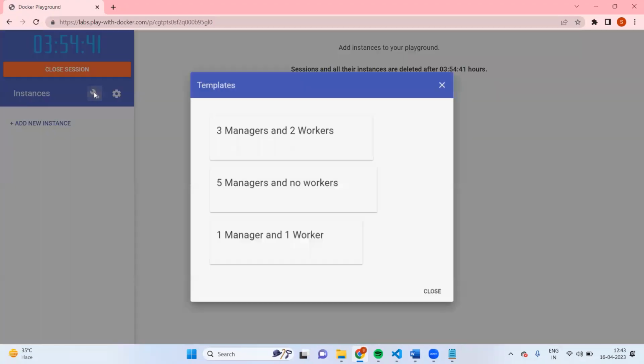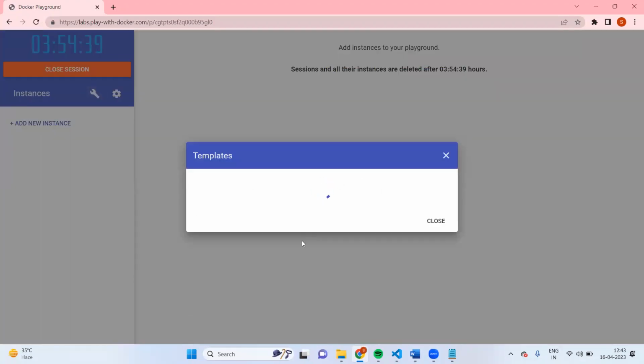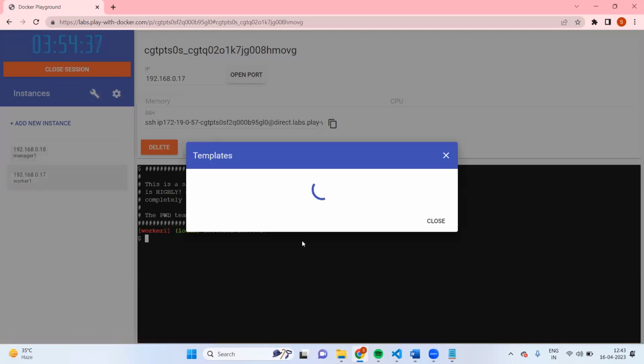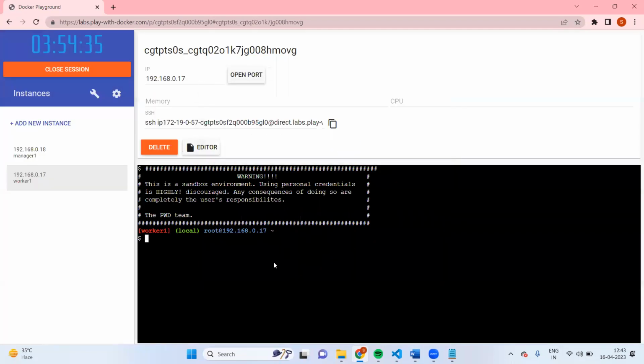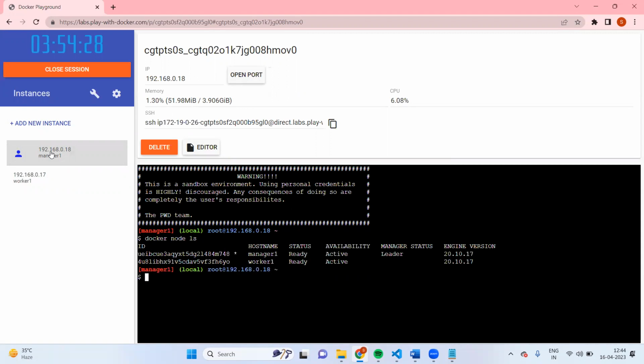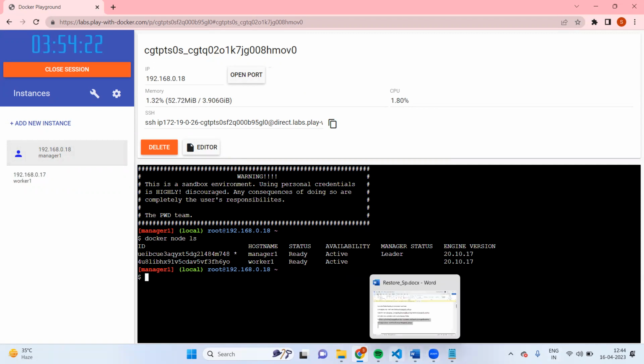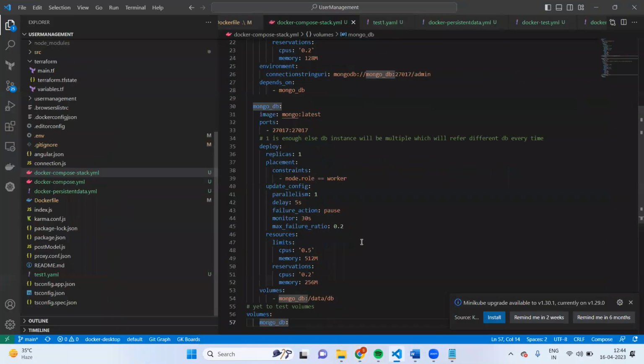So I'm going to create one manager and one worker node just for experimental purposes. Okay, so what I'm going to do here, docker node ls. So we have one leader and one worker node. What I'm going to do is,